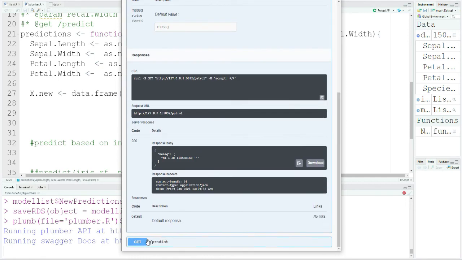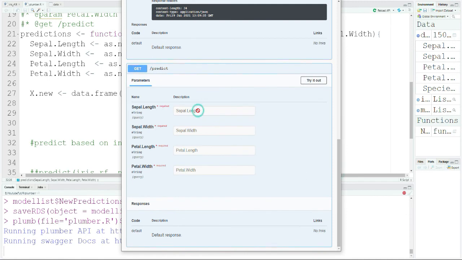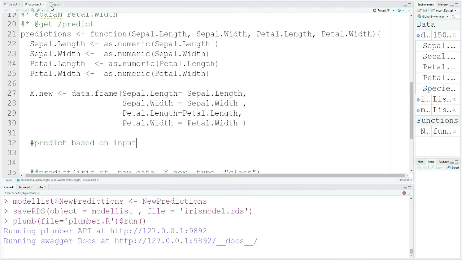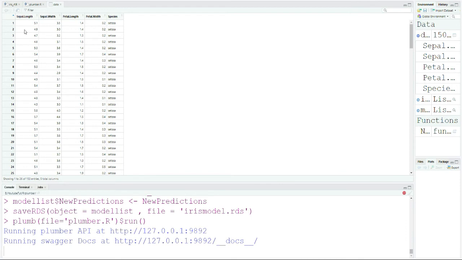endpoint also, that is predict. So let me check it out. Let me click on try it out, and here I can provide my input parameters. You see that here it is written as string, while my actual input is not a string, those are numbers. So let me take an example from here. Let us say that I want to take this example number 1.